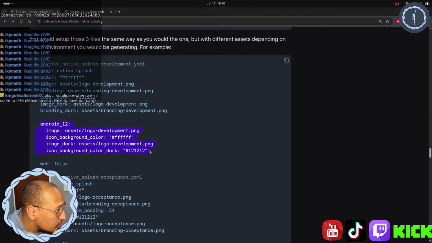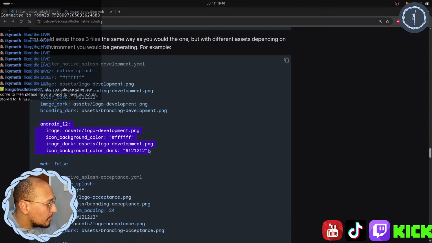Okay, so please, when we come to MIH, please have a place to have our cards stored for the future.